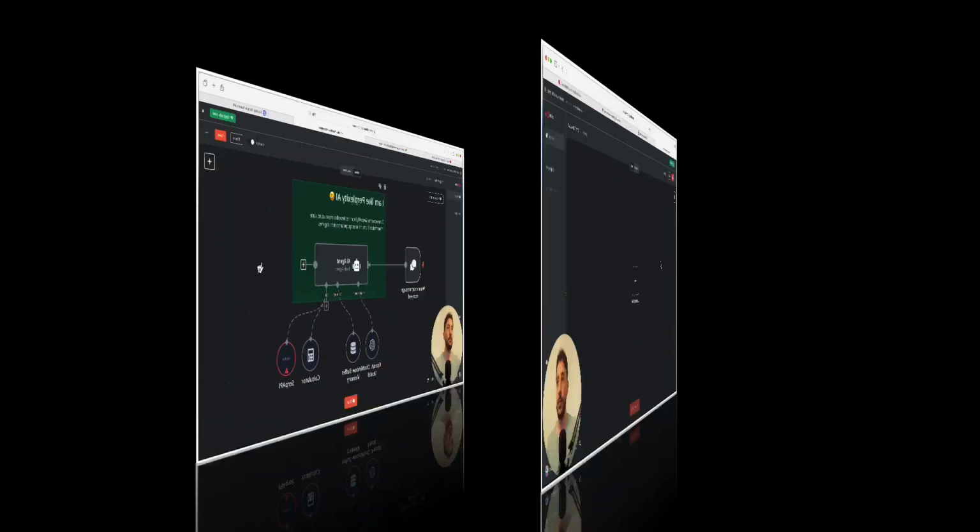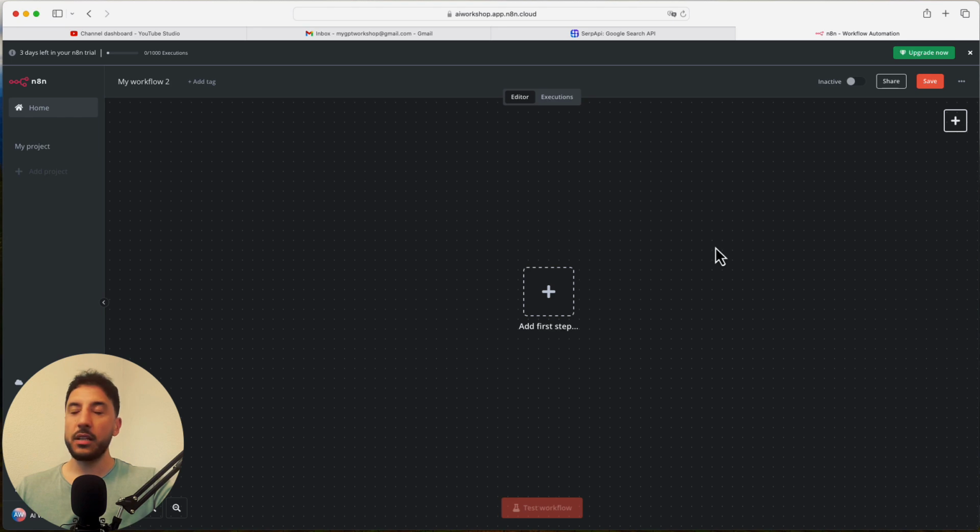So let's get started. Okay, so I'm in my workflow. Once you log in, go to your workflow and create a new workflow. I'm going to add the first step as a chat. So our trigger is going to be chat because, again, we're building this AI agent that's going to act like Perplexity, meaning that it will have access to this real-time data. So the way we're going to interact with it is via chat. So let's go ahead and add the first step as chat.